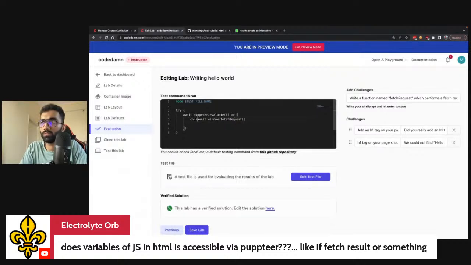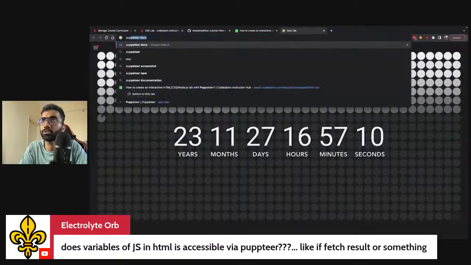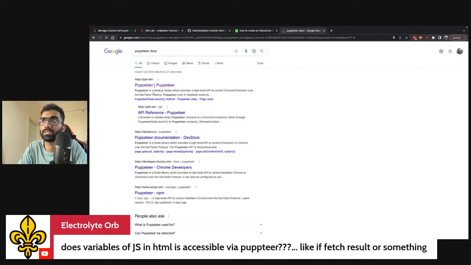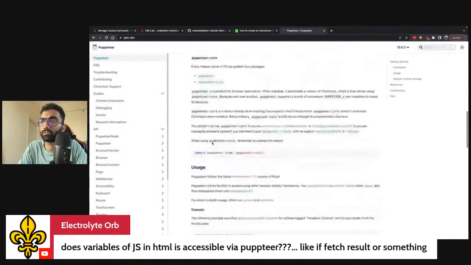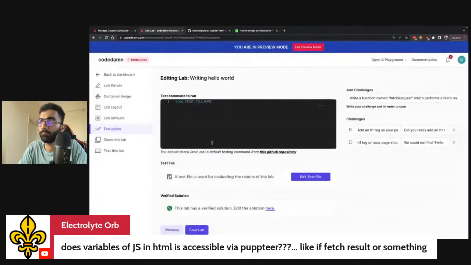Then you get the result, const result like this, and then you assert based on whatever you want. Right? So you can access variables, you can access functions, whatever is available, what the user wrote inside of Puppeteer in the browser. So, going through Puppeteer documentation would be best because you will understand much more about how to headlessly work with any and every sort of page which you have, right?